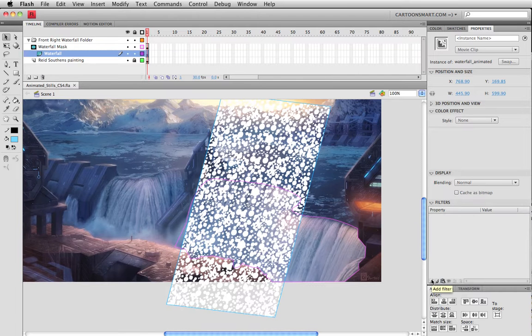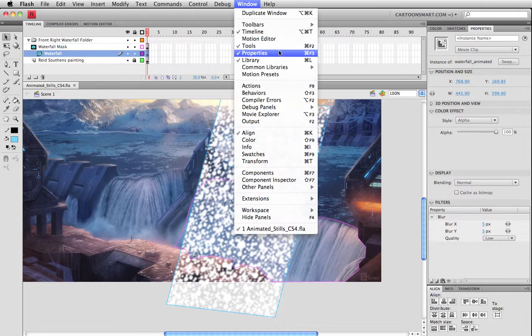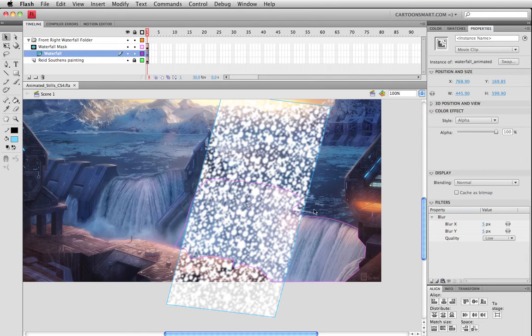So let's go over here and add filter, go over here to blur, and let's see. Before I forget, in Flash CS3 and Flash 8, if you're using those, your filters are tabbed up in the properties window, and if they aren't by default, over here in window, you'd go to properties, and it had that little arrow like that, and within that you could find filters. So they are there. Anyway, let's set this to, I'm going to go for 3 and maybe 15,